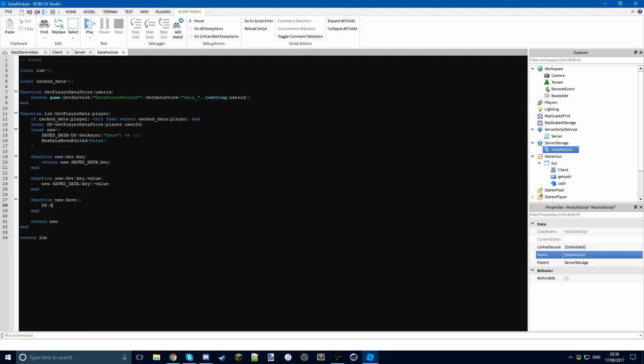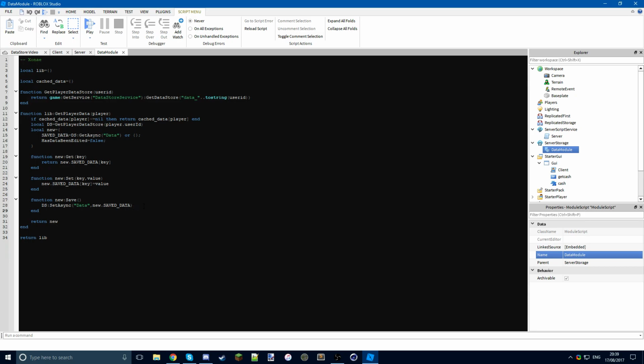So now ds:SetAsync(data, new.saved_data). So now if you were to set a value in the saved data,